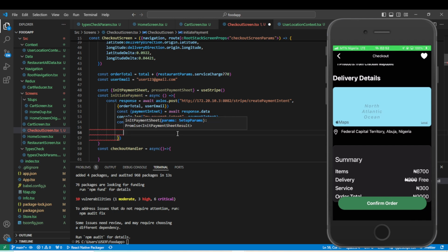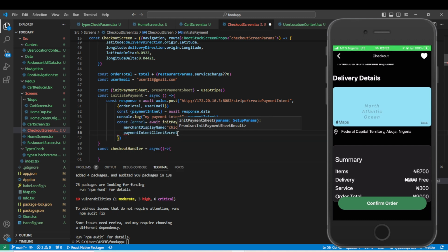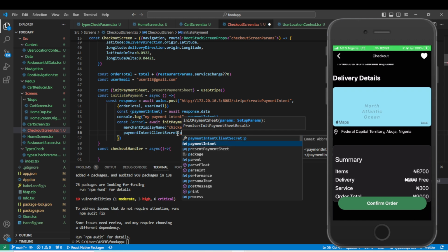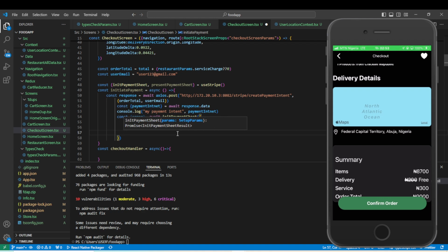So the next thing is the payment intent client secret. That will be the payment intent we got. The payment intent client secret will be equal to the payment intent. That's a secret code. Then there's another important thing, so that it will not be throwing error. There's supposed to be a return